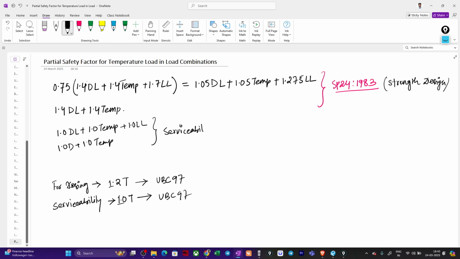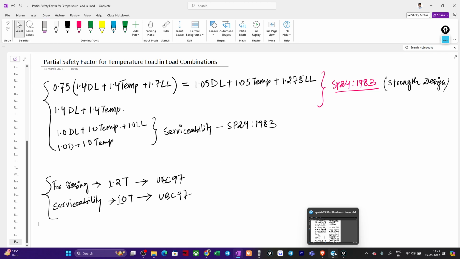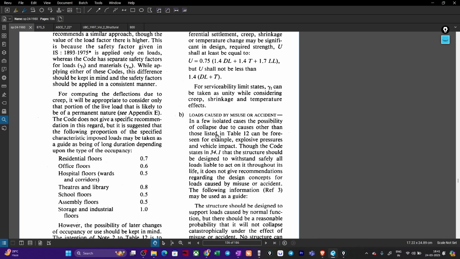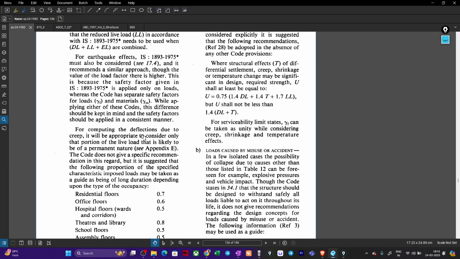Serviceability. Okay, so this is also coming from SP24, 1983. So this is the set of combination from SP24. This is the partial safety factor for design and serviceability we are getting from UBC 97. Now let us jump into the latest code. Even IBC also mentions that for these combinations we need to refer ASCE 7